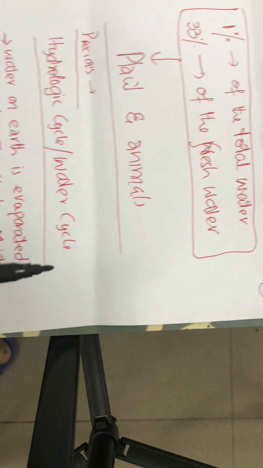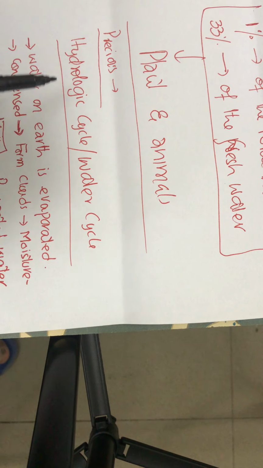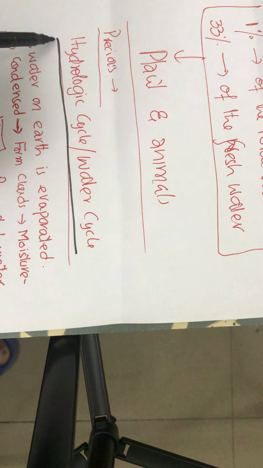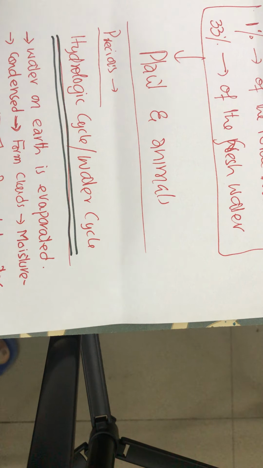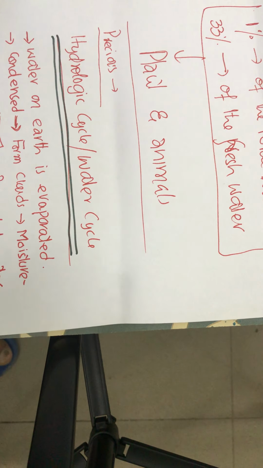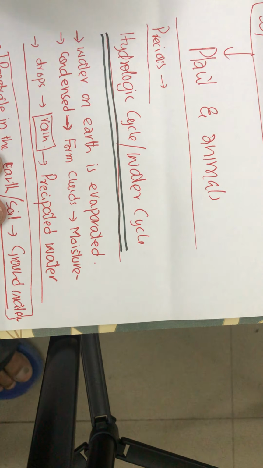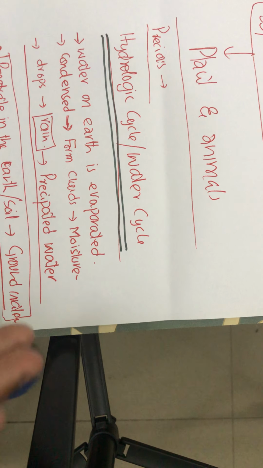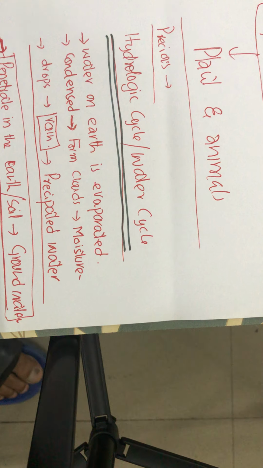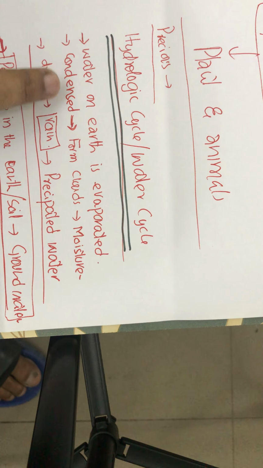That is a precious resource, and that makes the hydrologic cycle or water cycle. Now we are discussing the hydrologic and water cycle. Water is present on earth in liquid form. That water is evaporated. The evaporation may be from the soil, or from the plants in the form of transpiration, or even from plants, animals and human bodies, but there is evaporation of water. When this water goes into the upper atmosphere, the temperature is low, so the evaporated water is condensed,